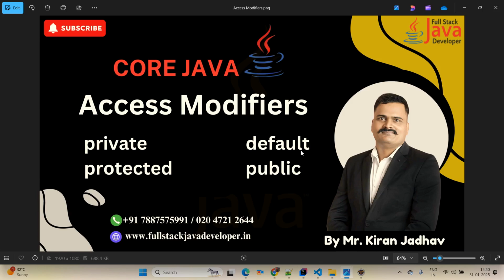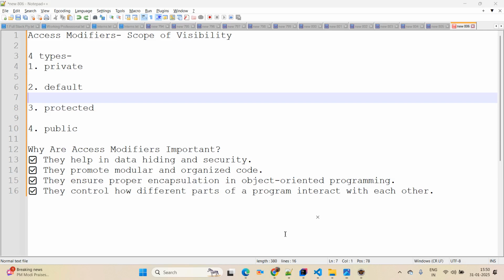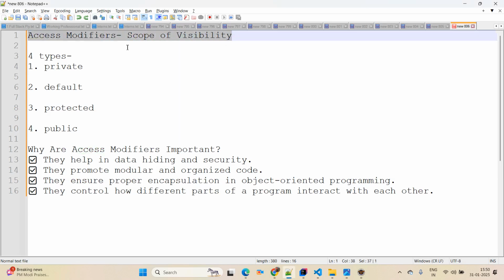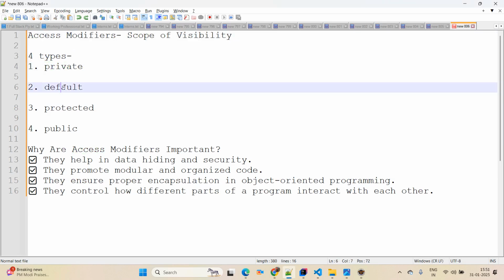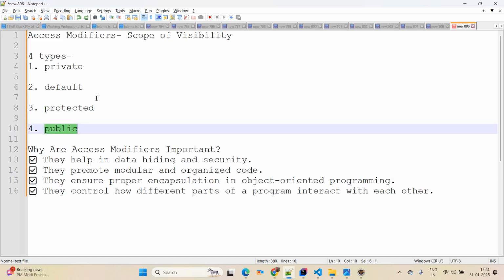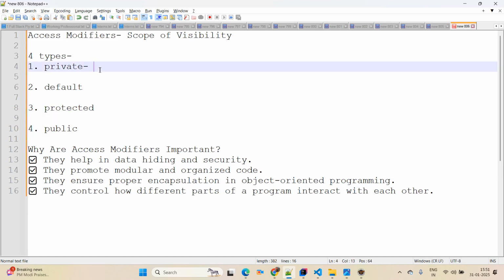See, access modifier means scope of visibility, and there are four types of access modifier in Java: private, default, protected and public. First we'll come up with the theory approach here. Private has scope within class,